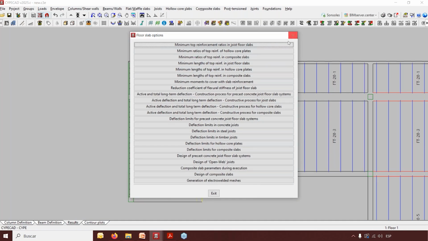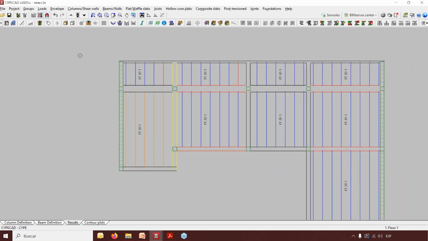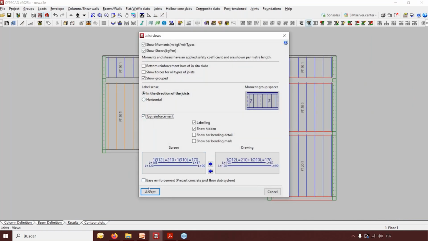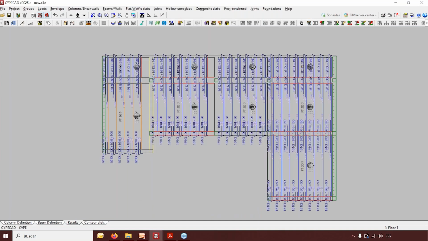This menu has other aspects of joist floor slab options. If you're missing any configuration or any settings of the joist floor slab, such as these parameters, you may find those options in this menu that we found in project and floor slab options. And without further ado, I will actually like to represent the top reinforcement because we are going to consult now